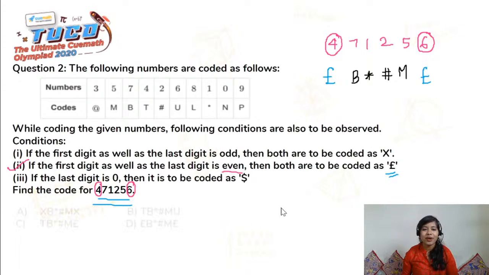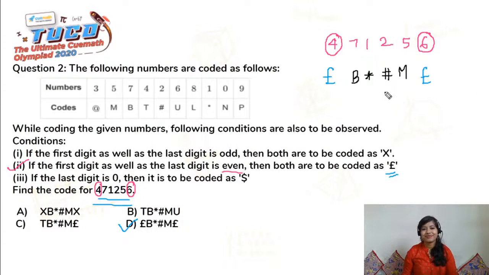Let's see if we have it in our options. Yes, we do have it, which is nothing but option D, right? So here was our option D, which is the correct answer. Pretty interesting and easy, right? The question looks complicated, but you just need to be patient enough to observe the number given to you, and according to the condition,